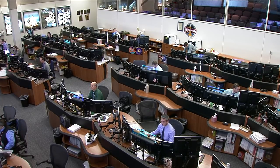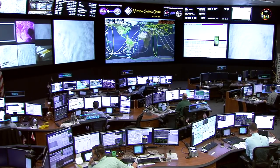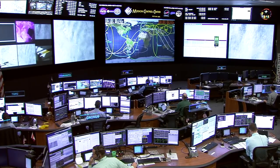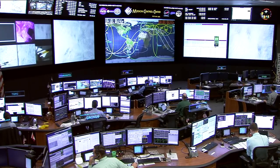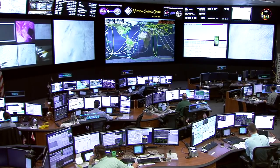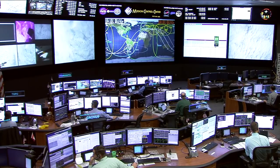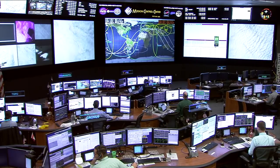All of the engine firings to raise the Progress's orbit to match that of the International Space Station, as well as the burns to conduct this 2-orbit rendezvous to bring the Progress in for its docking to the Pirs Docking Compartment, have been executed flawlessly so far. No issues reported. The Progress is rock solid as the International Space Station and the Progress fly 259 statute miles